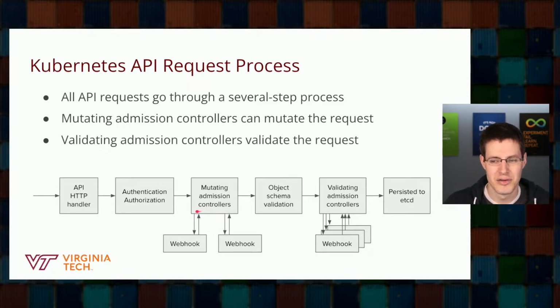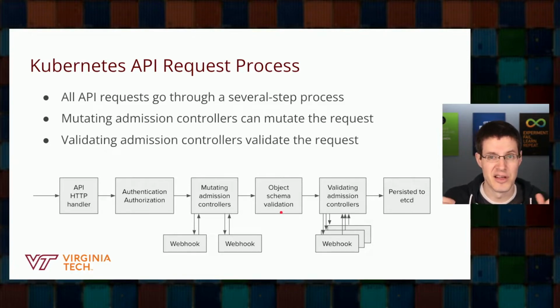Kubernetes sends the request to these other webhooks, these other services, then the service sends the response back, and there could be one, there could be 100 of these controllers that run, and they all go sequentially. So there could be a series of these controllers that mutate and modify the object that you're trying to save here. Eventually, once all of those are complete, then the object that you're trying to persist is